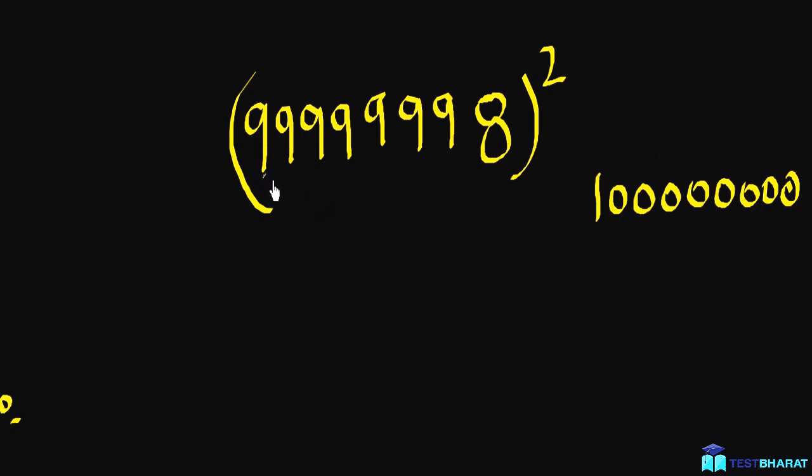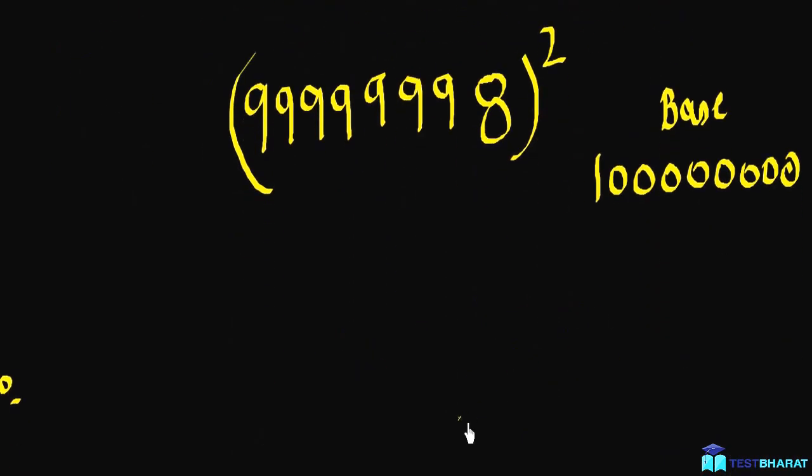So in this question, let's say we have to find out the square of this number, 99999998. I can take the base as the number just above it, because the base is just 2 above this number. So let's say we have to find a square of this kind of number. We will follow our similar steps. We will find a number which is closer to it and take it as base, and then follow the steps.